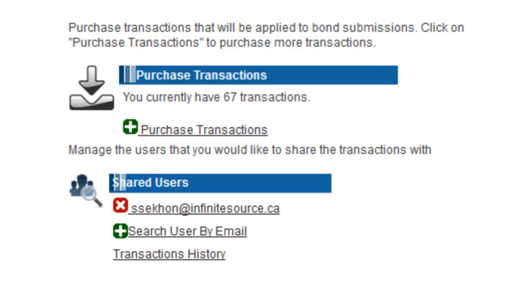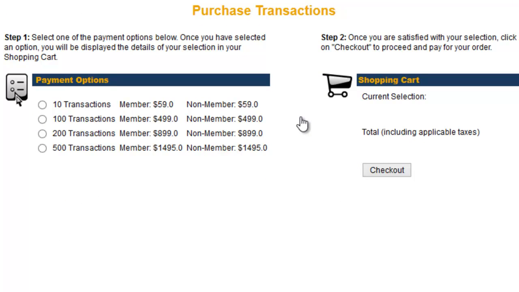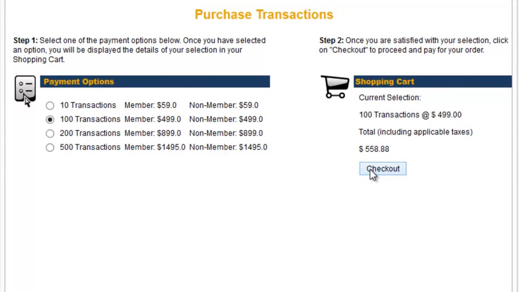Every bond that you issue does require one transaction. So on the right-hand side of the page at the top, you can see that I currently have 67 transactions available to me. But the first time that you come in, you will not have any transactions, and so you will need to purchase some. You click on the Purchase Transactions button and it will bring you into this page where you can choose how many transactions you would like to buy. You just choose the number and then Checkout, and that will bring you to a credit card payment where you're able to pay for your transactions,